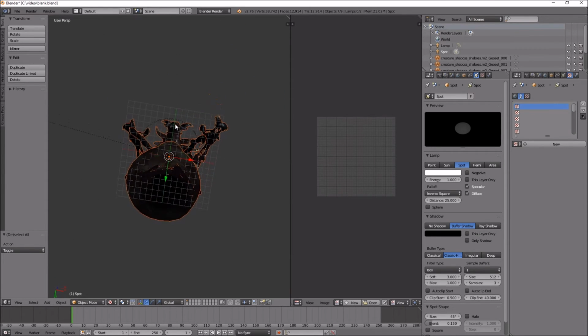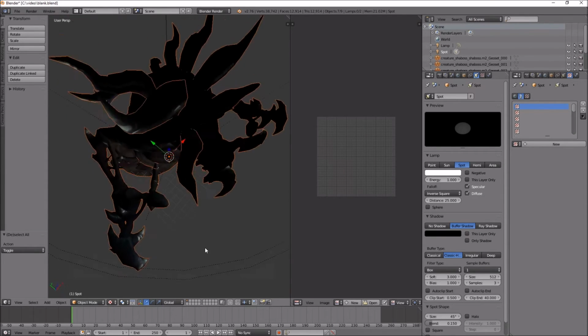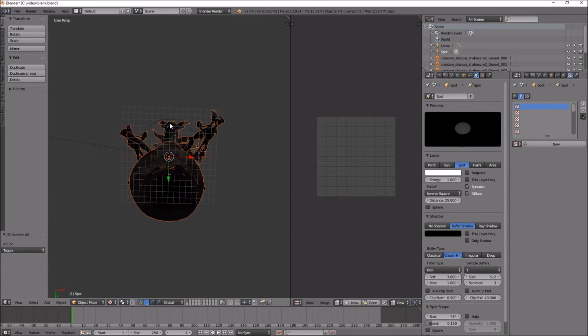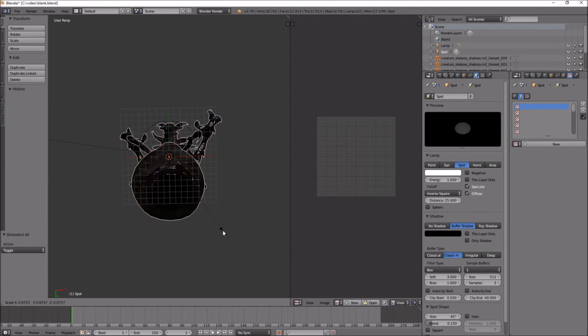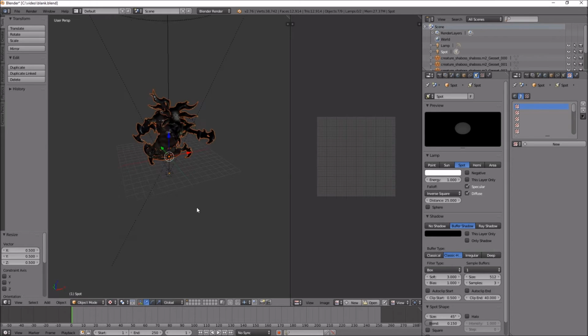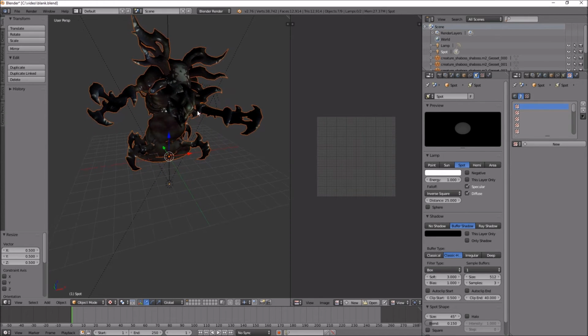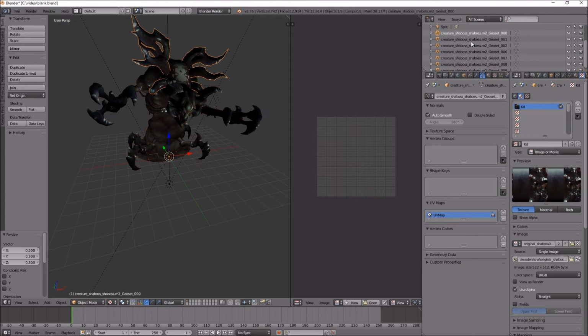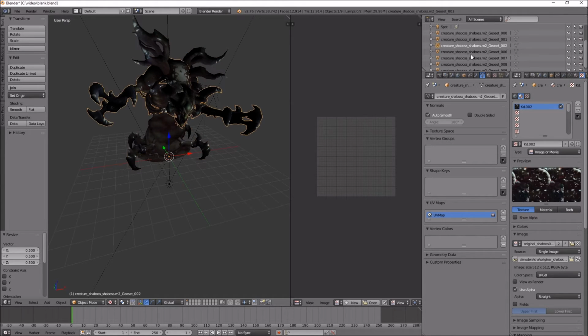Also, this particular model is quite big, so I wouldn't want it to be this big in tabletop, so I'm gonna hit S to scale it down. I think that's okay. Now you have all these different items in your scene, and you notice in the texture tab here that some of them actually use the same skin file. So we're going to want to combine these,